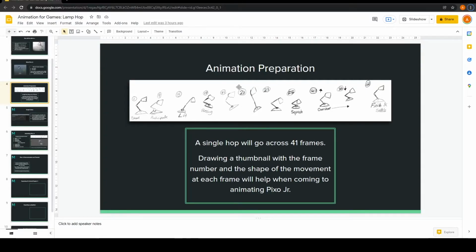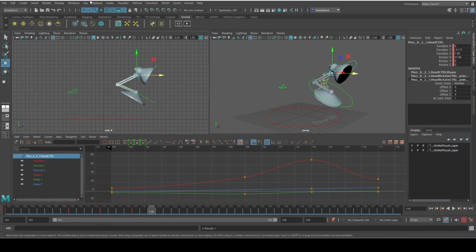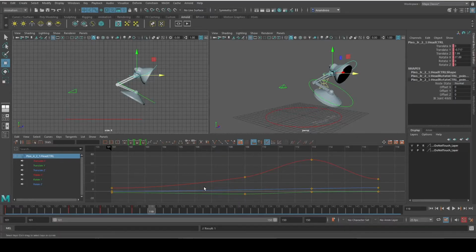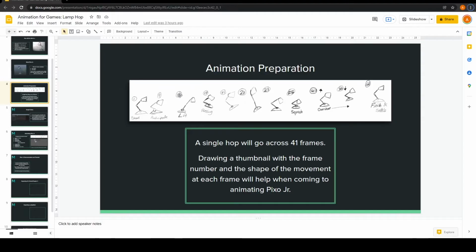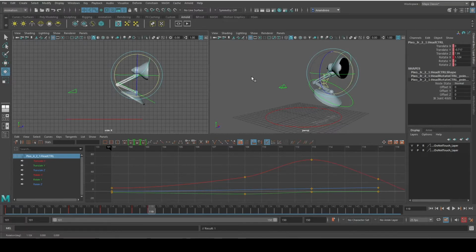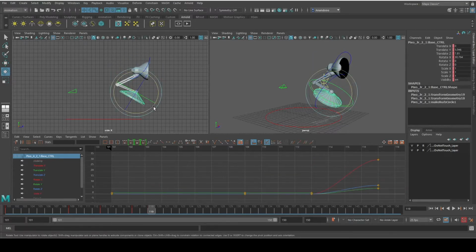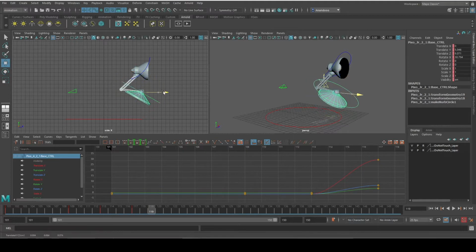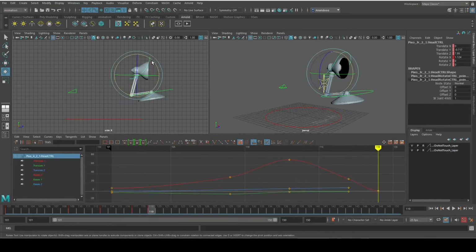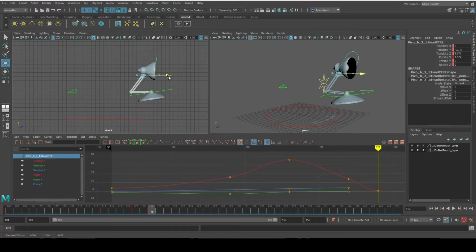Awesome. So now we're going to head over to frame 19, and frame 19 is going to be us coming back towards the ground now. So probably have this a bit more rotated backwards, so a bit more like it's looking straight on, and then our base is going to come further forward, and it's going to be rotating a bit more like that. The head's probably going to be a little further forward as well,